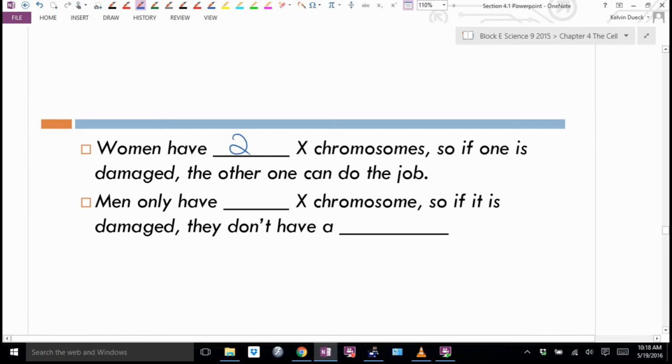This may even be the root of, or what's behind, the notion that women have better color and fashion sense than males. And that's being stereotypical, I realize. But it may just be the fact that, guys, we don't have a backup. Men only have 1. So if it's damaged,